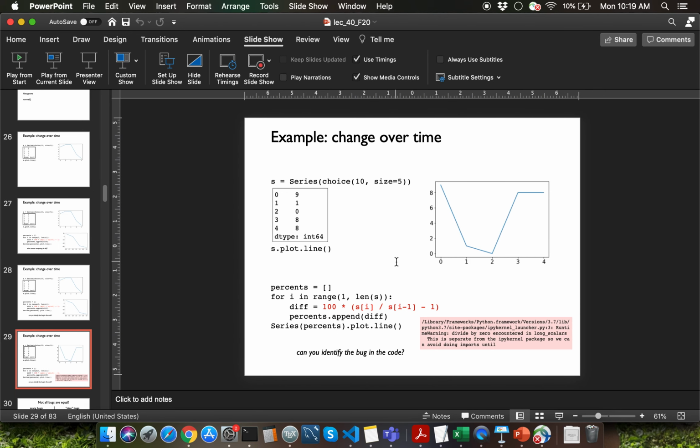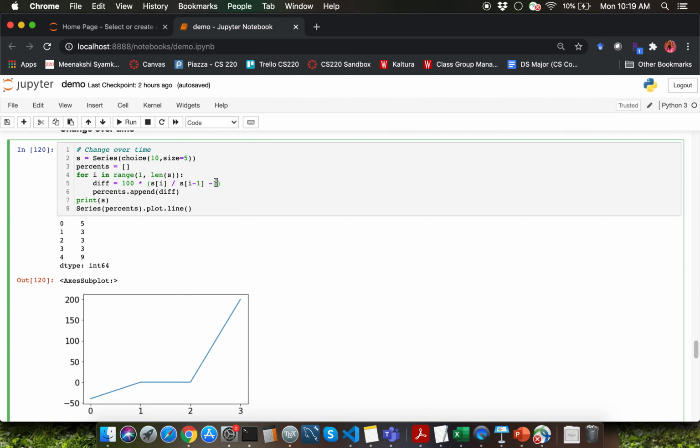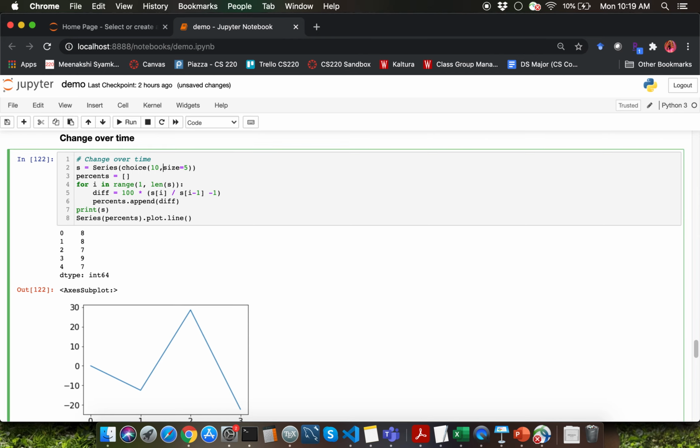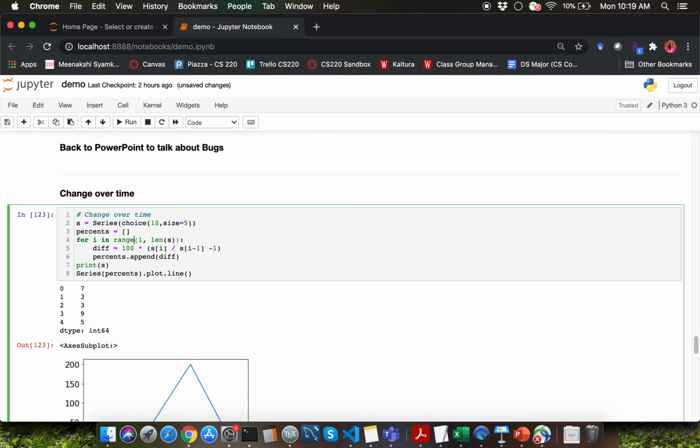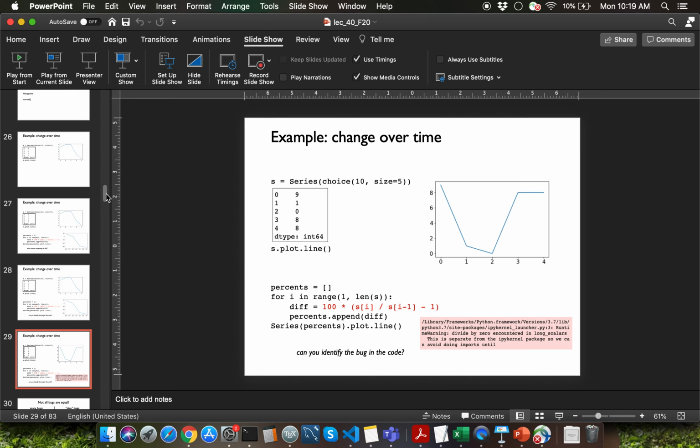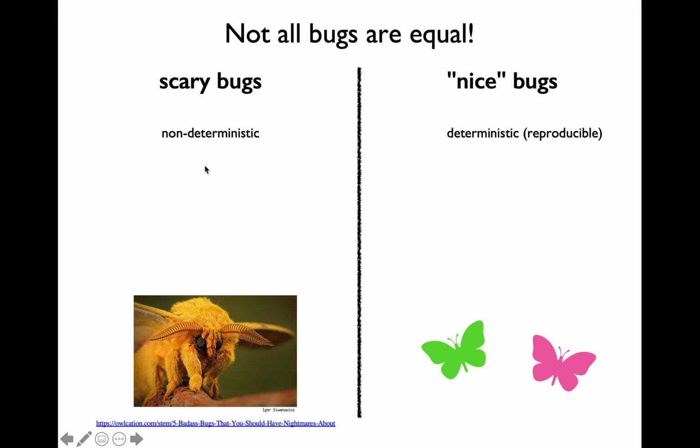Let me switch over to Jupyter Notebook. I have the same snippet of code here. As you can see, the current execution of the cell is not a buggy version because all the values of the series are non-zero. So if you run the cell enough number of times, you're going to run into the case where you have a divide by zero error. There we go. We have a divide by zero error because the item at index 3 has a value of 0 over here. So what we are going to discuss next is the difference between deterministic and non-deterministic bugs.